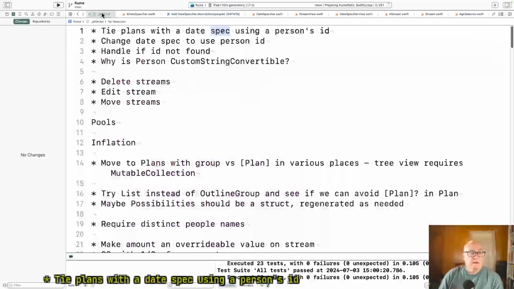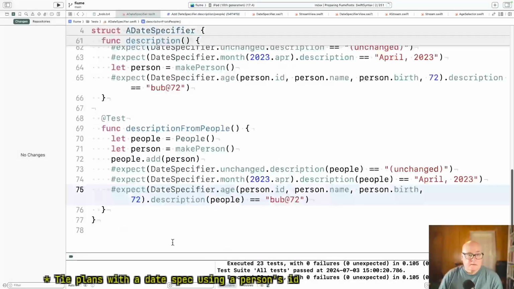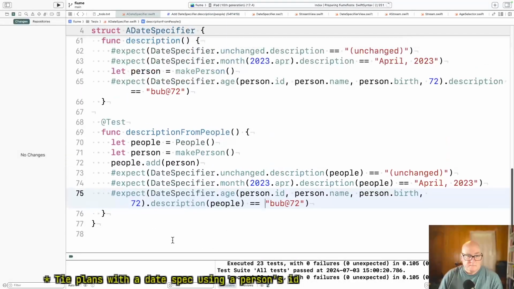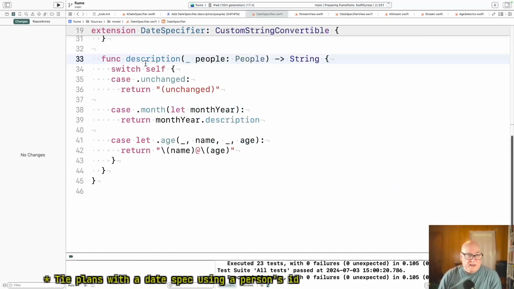Okay, and now we want to make this pass using the ID, but we can't yet because there's nothing to get from ID to person. So we want the method you mentioned to find by ID.